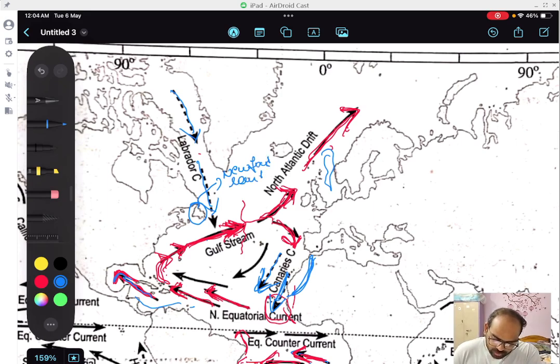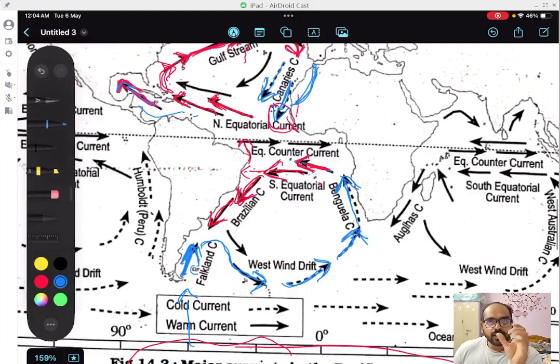Newfoundland. At Newfoundland, the cold Labrador current merges with the warm Gulf Stream current. And from Antarctica, cold water starts accumulating at Argentina, and they travel as the Falkland current. This Falkland current comes under the influence of subpolar westerlies and starts drifting towards the southern tip of Africa, moving as the cold west wind drift. Once it hits Africa, it divides into the Benguela current, and this Benguela current joins with the south